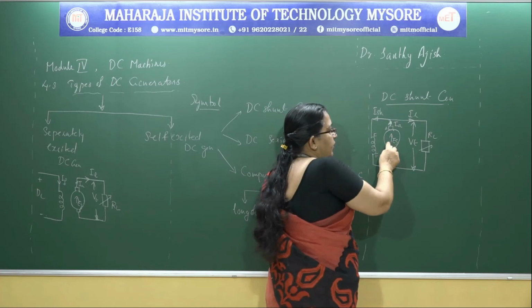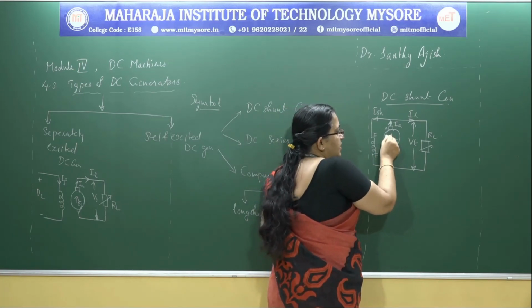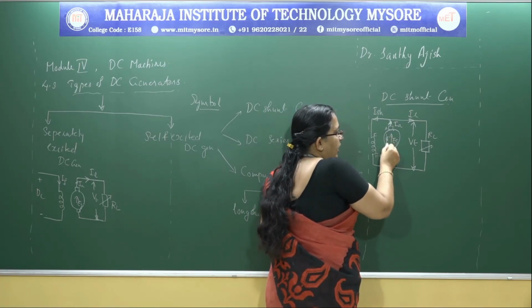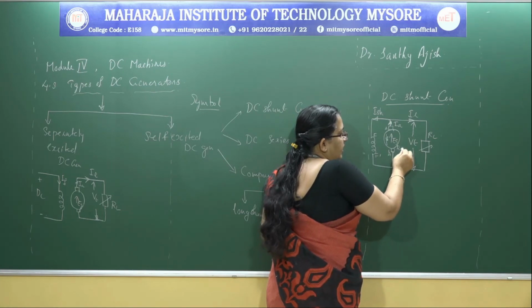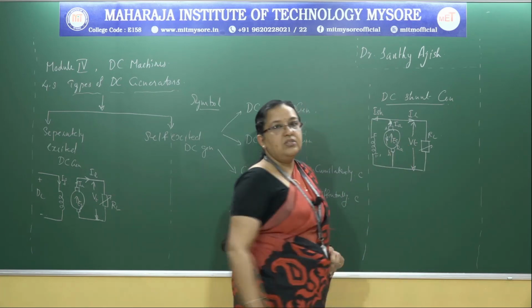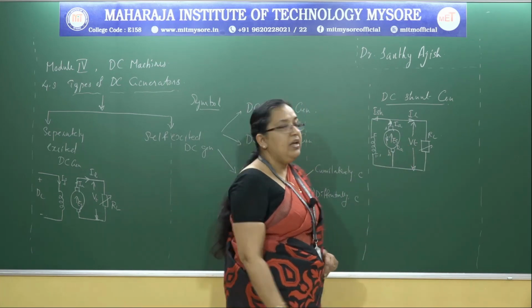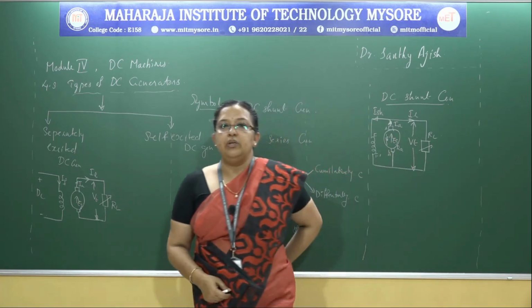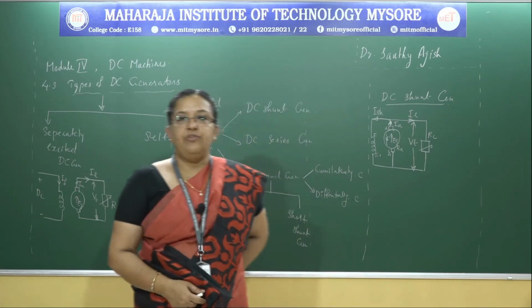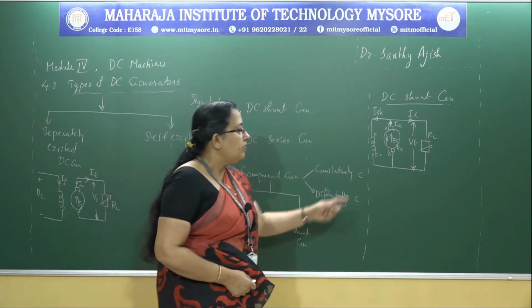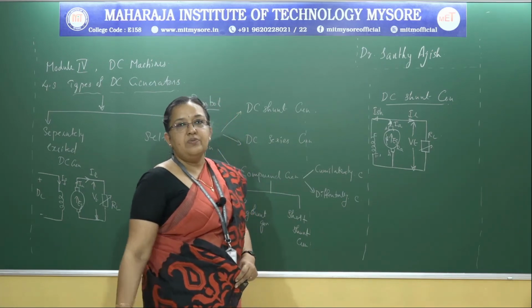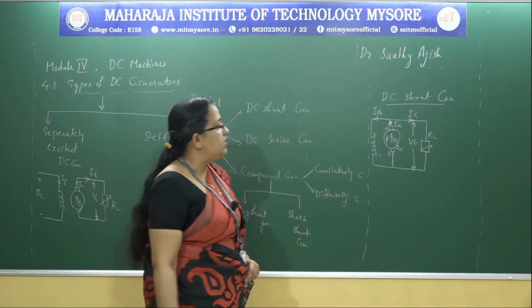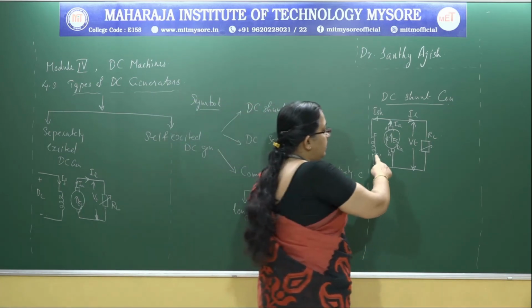So remember that you have an armature resistance inside here. So I can mark that resistance as say RA, the armature resistance, the resistance of the armature winding, which will be very less compared to the shunt field resistance. So now how will I represent the currents as well as the voltage relations? So how can I write in this circuit?